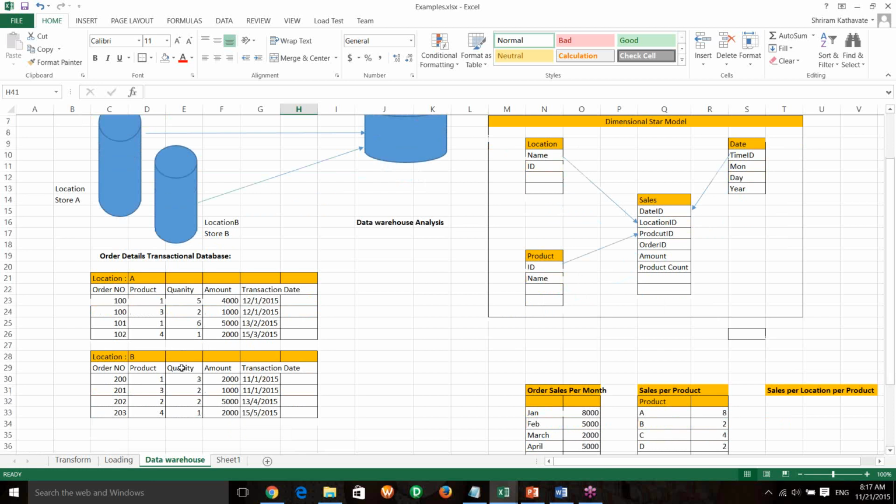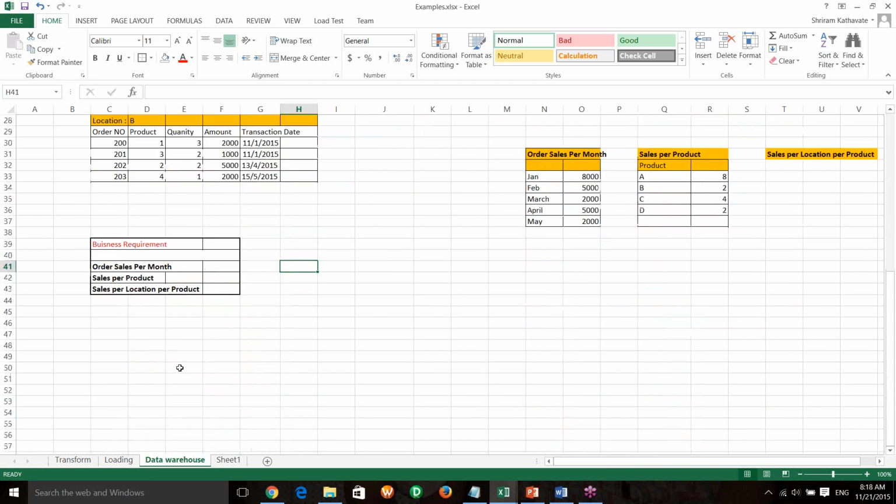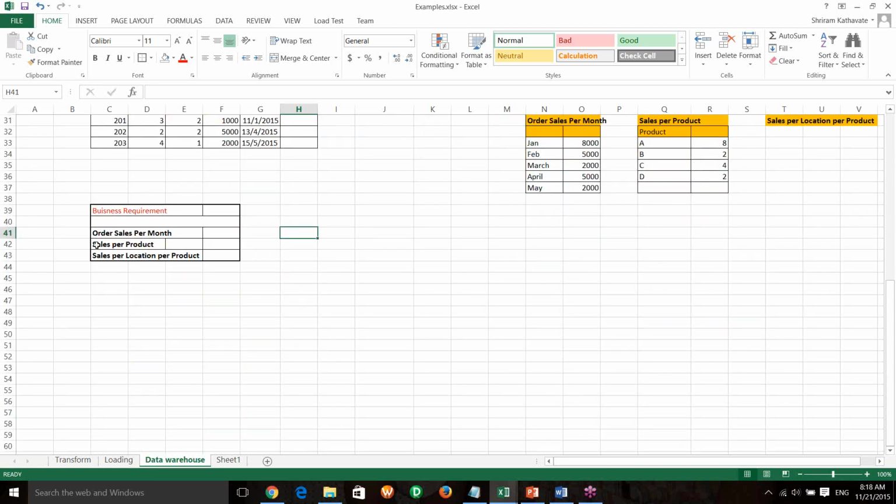So suppose the business wants to know a few requirements, like product sales per month, sales per product, and sales per location per product. These are a few scenarios the business wants to know. So for this,